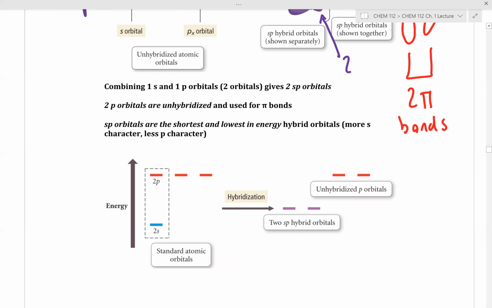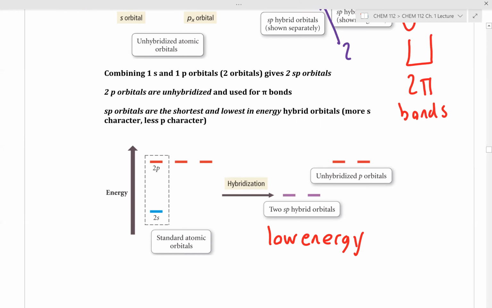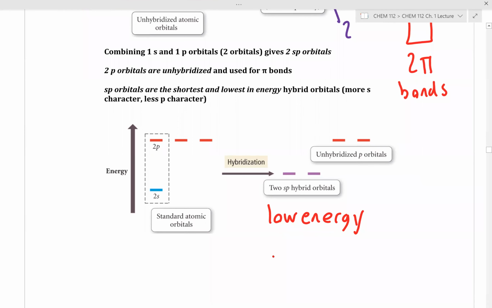Low, yep. So these sp hybrid orbitals are low energy. And would we expect them to be long like a p orbital or really, really short and stubby? Short and stubby. And this is important because these little short, fat hybrid orbitals, so these are short and stubby,